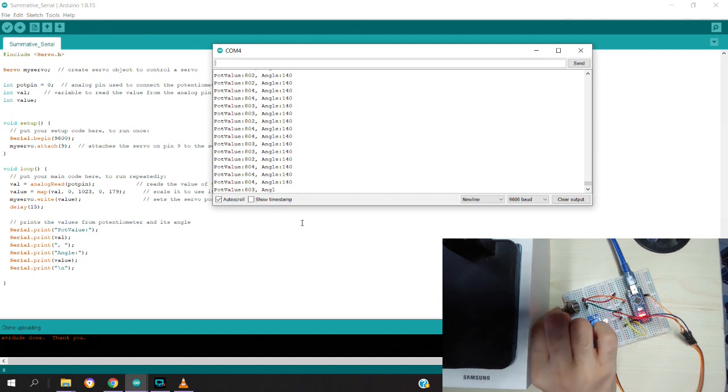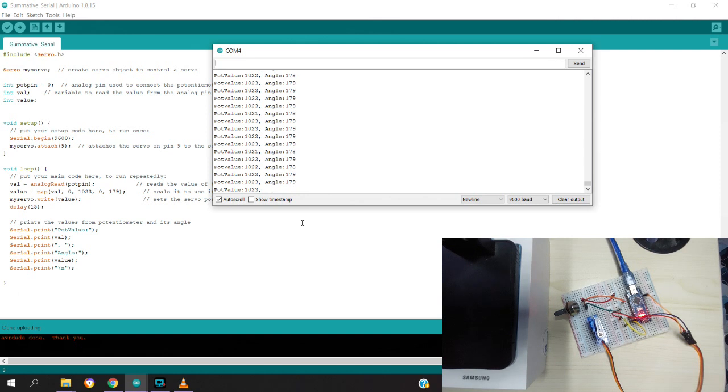So added by another 20 degrees, we can see at 160 degrees, it has the value of 915 bits on the potentiometer, and it is positioned also in 160 degrees. So for the last, it's around 180, where we determine the maximum value of the